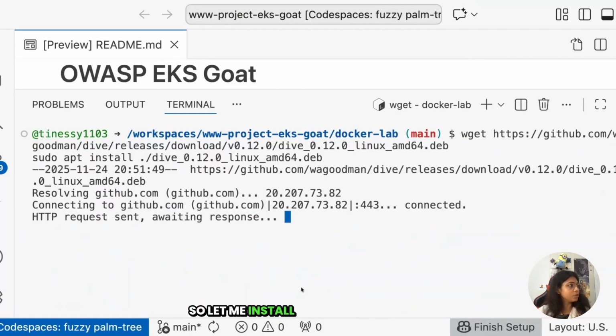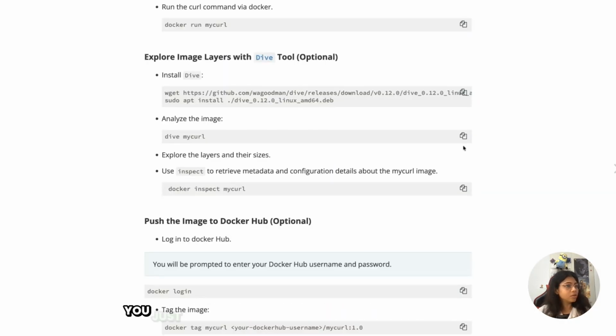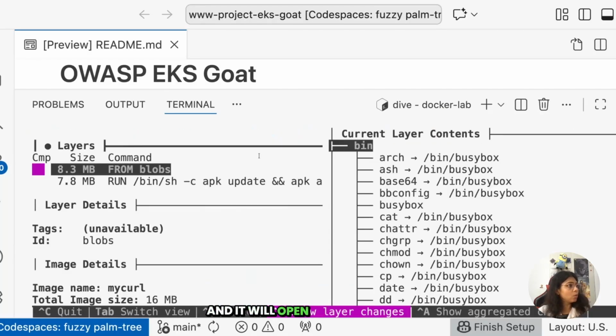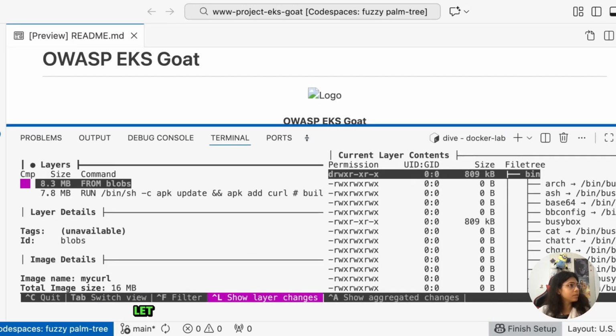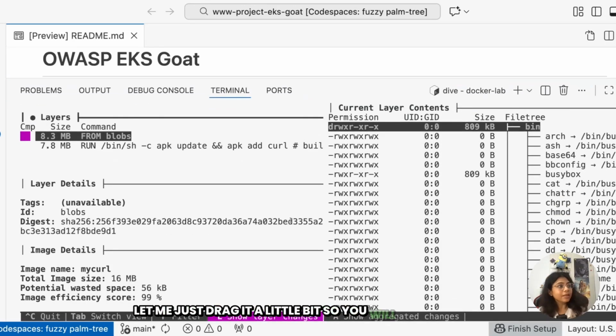So let me install dive first of all. You just have to run the command dive and the name of your image, and it will open this kind of console. Let me just drag it a little. So you will get this kind of output or console look,